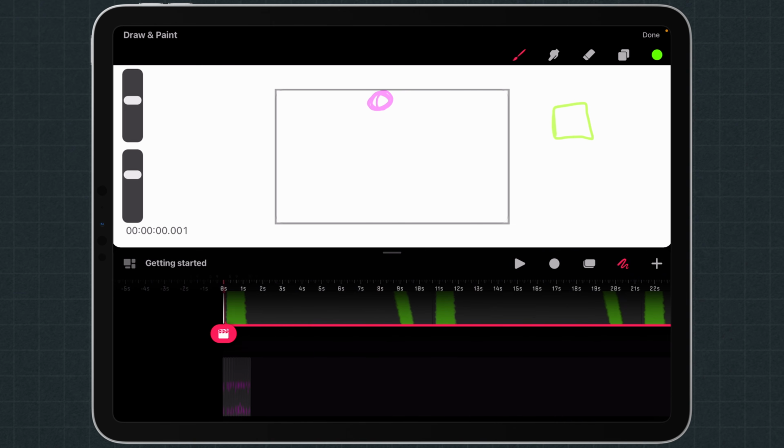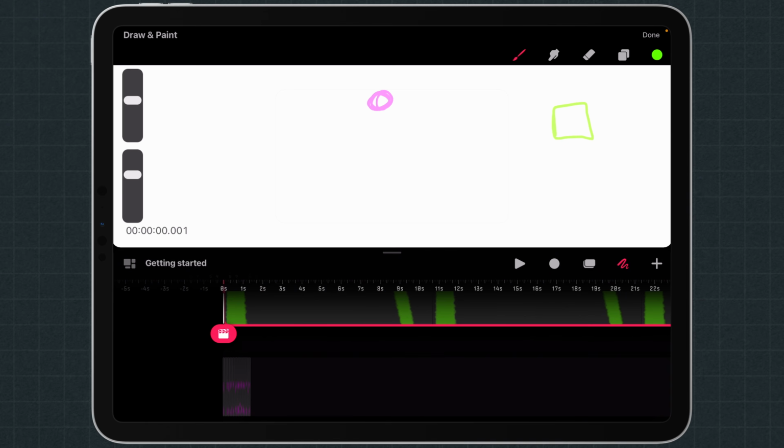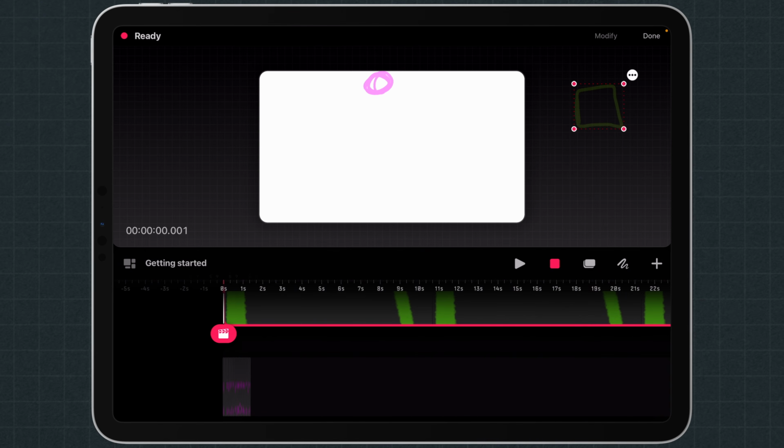So if I hit play on this view, it's not actually showing up in our animation. So what I need to do is I need to go into this timeline view here. I'm going to hit the record button. And what that means is when I select this square that I've drawn, which is outside the current bounds, and I click and drag it, it's going to track my movements and record that. And I'll show you exactly what I mean.